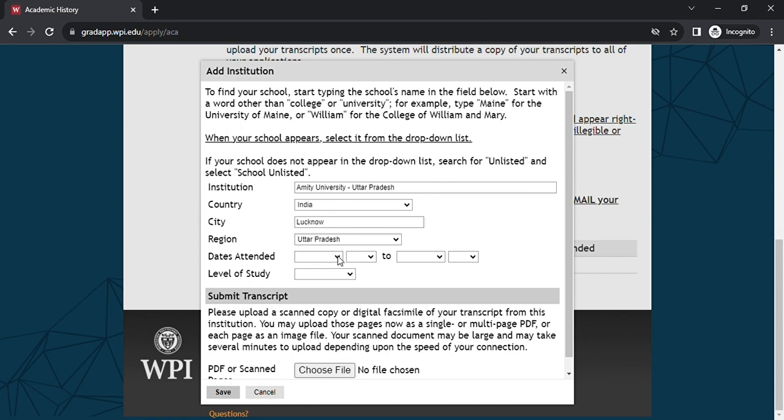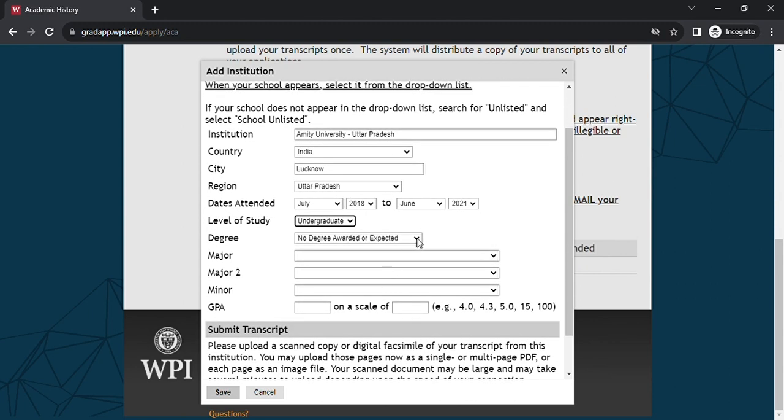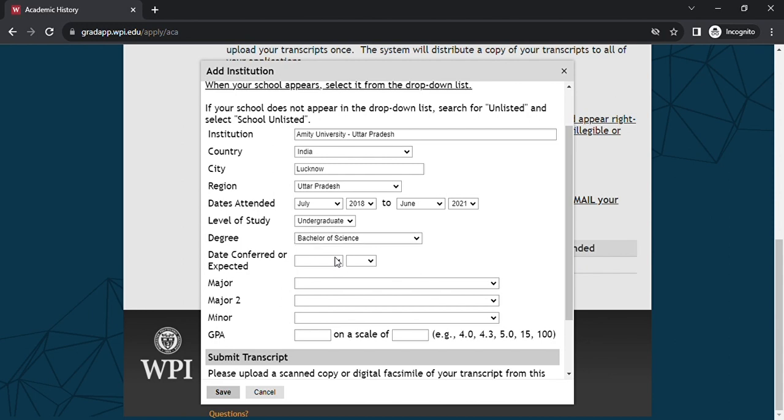And then the dates when you have started, month and the year. Month and the year when you have completed it. Level of study, undergraduate. The degree you have received, Bachelor's of Science. The month and the year when you have received the degree. Your majors of degree,